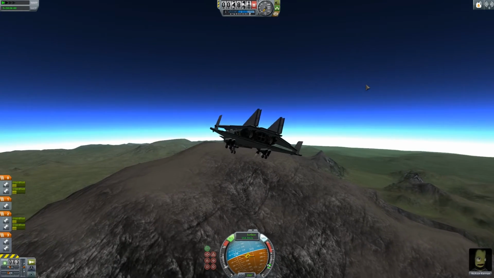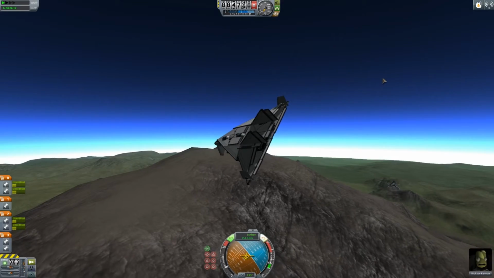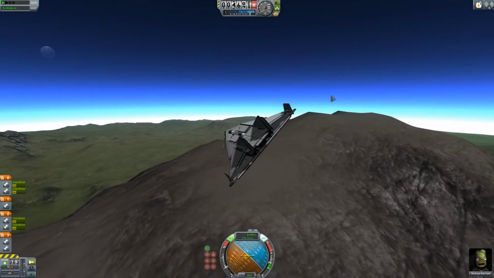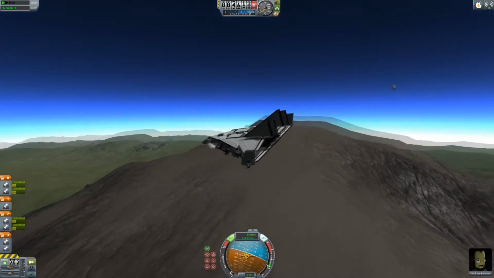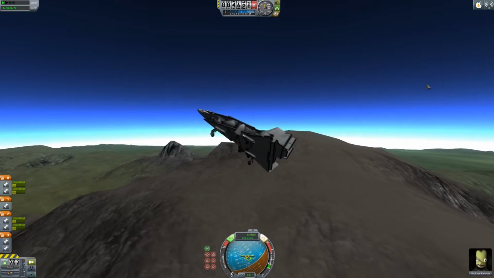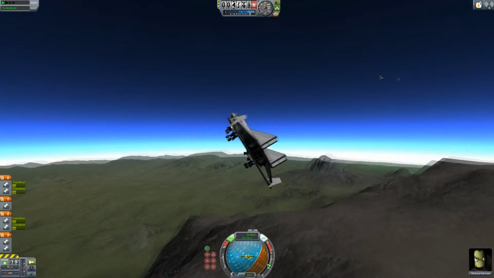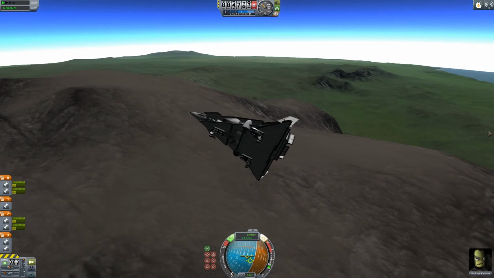Looks like I'm going too fast, so I might have to swing around in order to get it. Yeah, overshot it. Just gonna have to swing around here. Thank goodness my aircraft is so good at gliding. Otherwise, I'd be burning a ton of fuel just to make a U-turn. But looks like